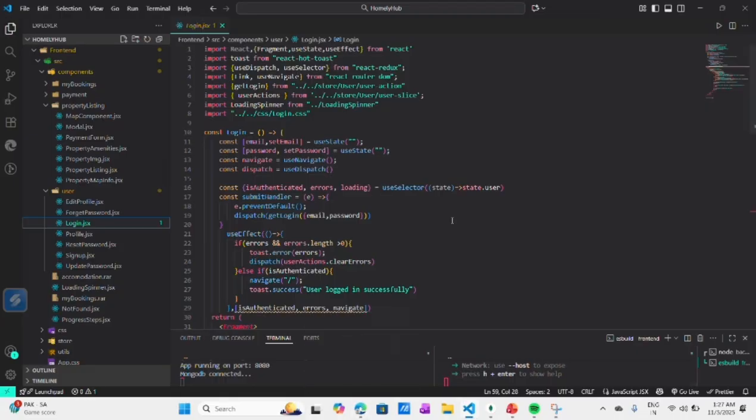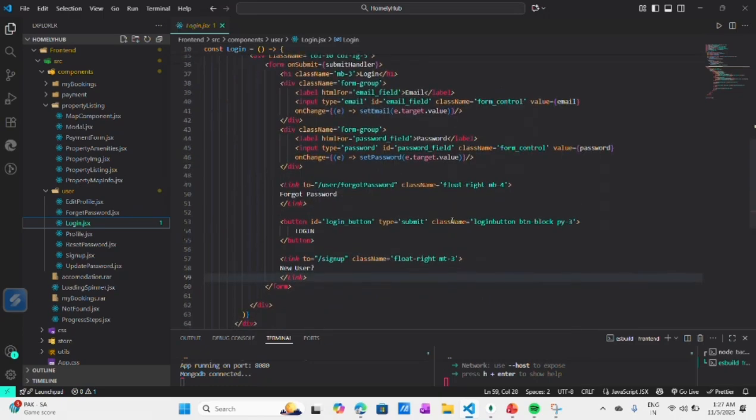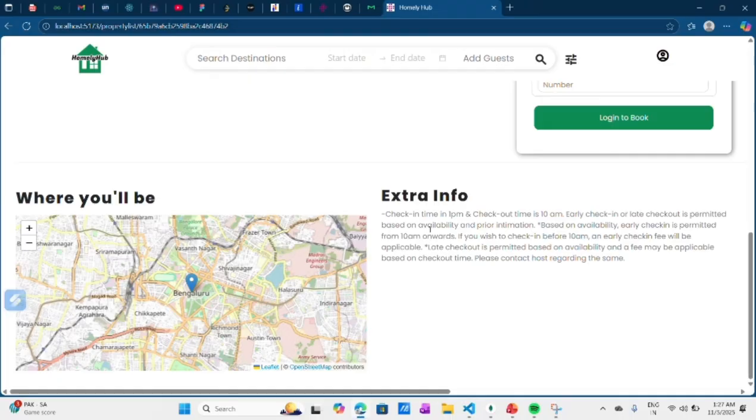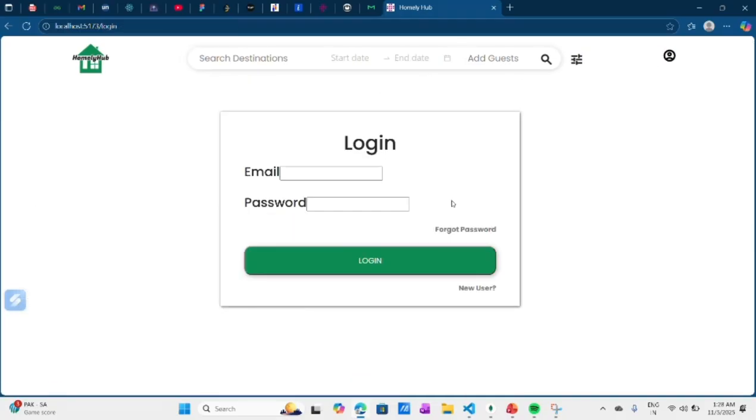If successful, it stores user info in Redux and redirects to the home page or profile page. It shows an error for invalid credentials. In short, we can say that login.jsx is for user authentication or signing in.